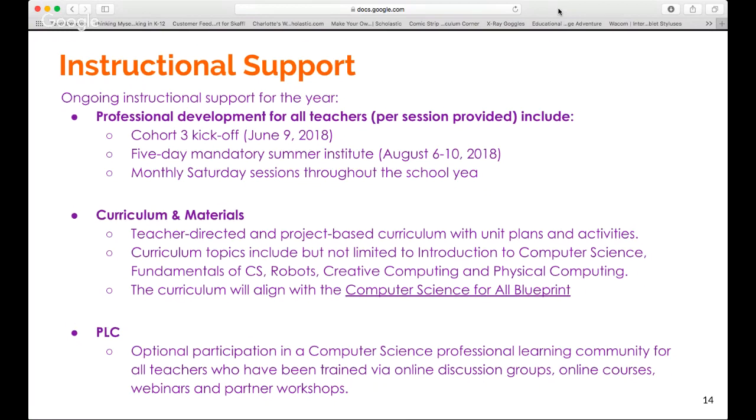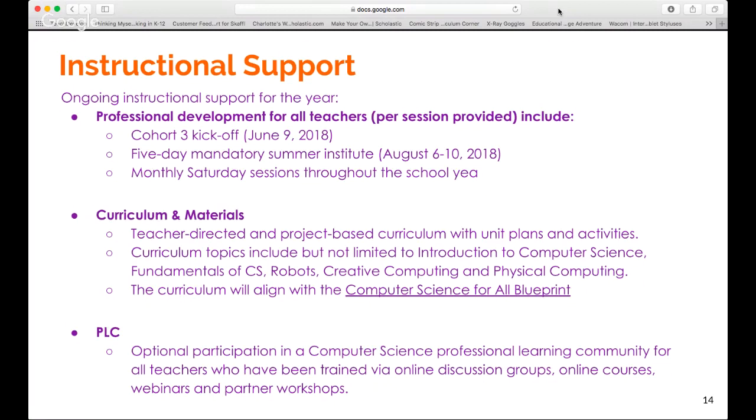That's an opportunity to explore those concepts, practices, and perspectives and give the schools and teachers an idea of what those are, but also an opportunity for those teacher teams to get to know other schools and start to set goals for themselves for the school year and what they would like to see happening in their schools around computer science and SEPjr. Then on August 6th to the 10th, there's 5 days of mandatory summer